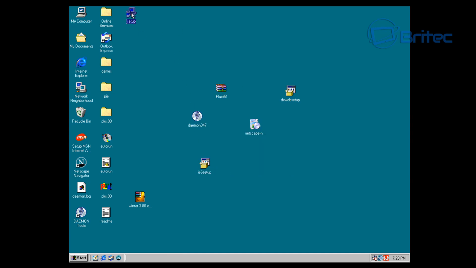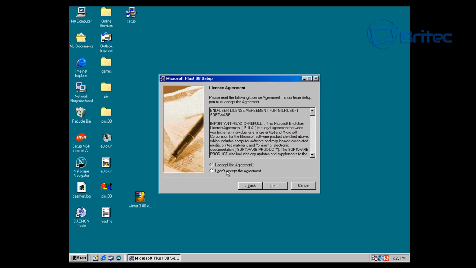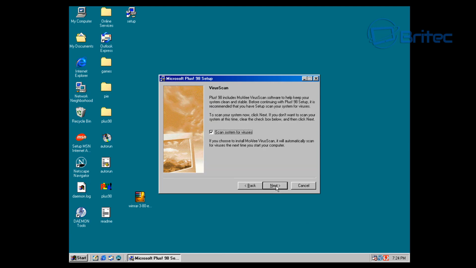So let's go ahead and install it and take a look. And I think this is what Jeff wanted to see, so we'll go ahead and install this. Now a lot of people didn't have the Plus version. I think the Plus version was pretty expensive, and we're just going to go ahead and skip that. Scan the system for viruses, and you can see McAfee